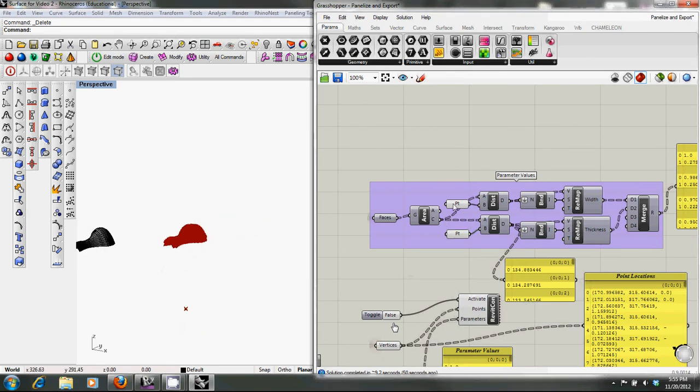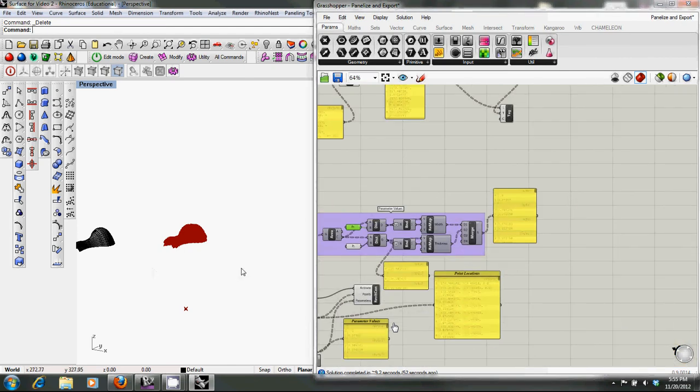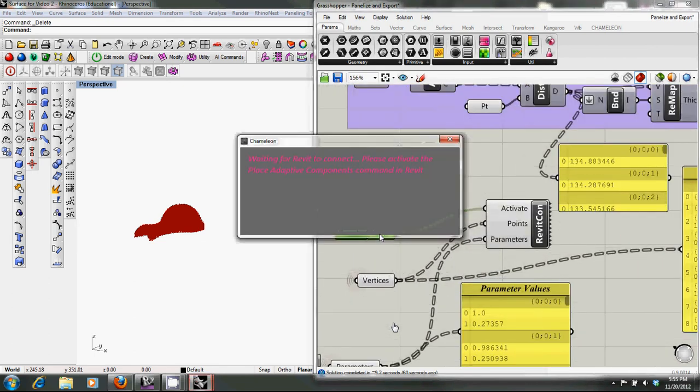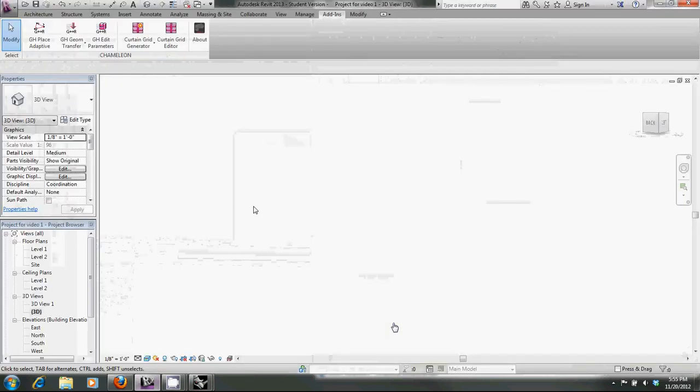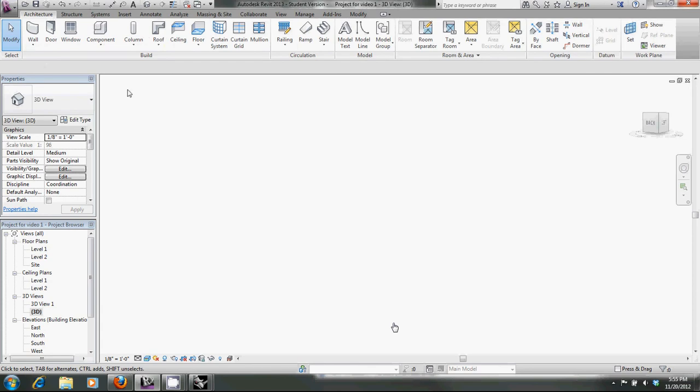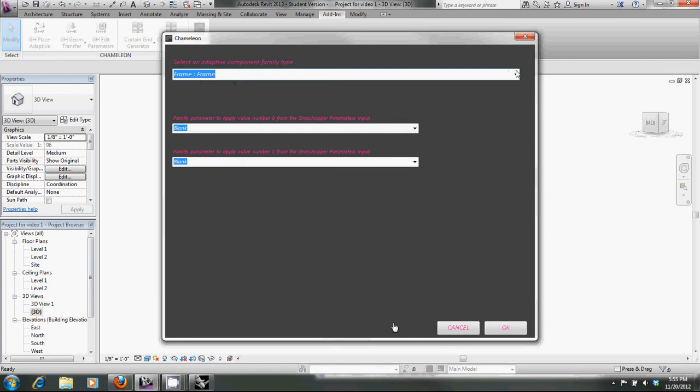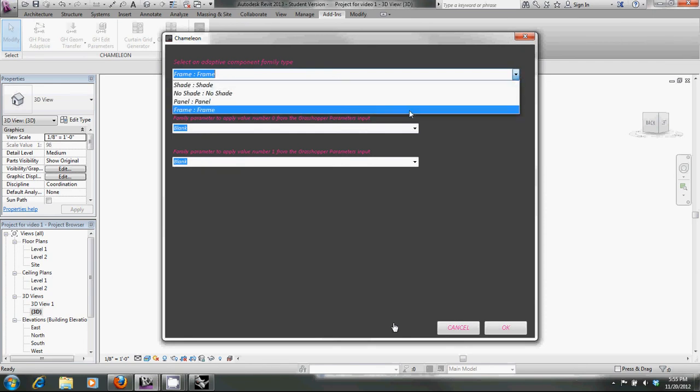You can see this point here in space, and we've got another point, if I can get to it here just a little bit further over here, and these are going to be used as the parameters to control different functioning in the panels themselves. And so what we've got now is the control, which pushes us into Revit, a little toggle right here, and when you toggle that, it wants to send the information over to Revit, which we then come over to Revit and go to our Chameleon add-on and place Grasshopper, place adaptive,